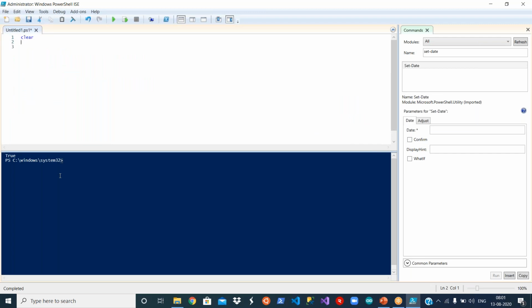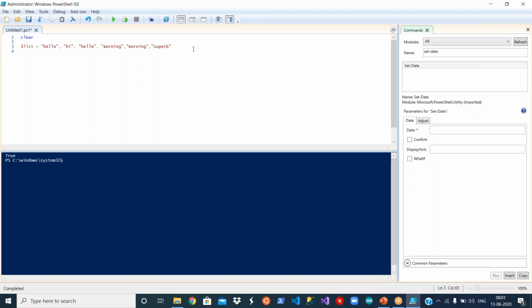Let me clear it. So you see, this is a variable, right? As I told you, variables in PowerShell are dynamic. You assign a string, it will become a string variable. You assign an integer, it will become an integer. Now I assigned a set of values here, it will become a list array actually. Okay. So I gave hello, hi, hello, morning, morning, etc.